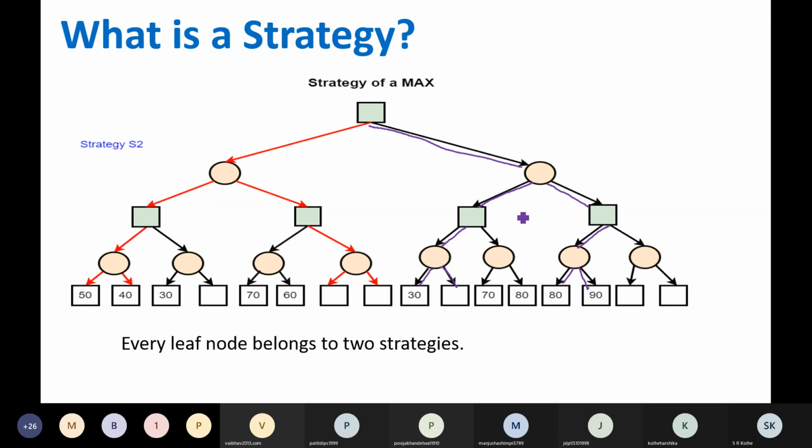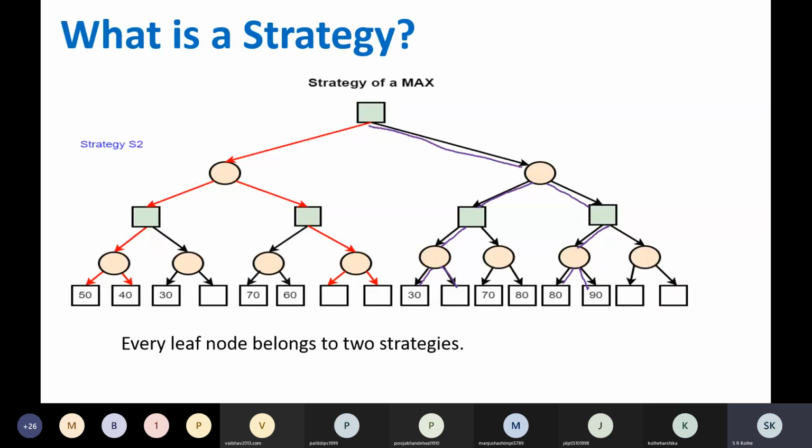Okay. S6, instead of this, for same situation, Max can select this right part. That will be S6. Then another possibility, not necessary that Max will select always this, Max can select this right also. So if that is the case, again we have two options. So that will be your S7 and this will be your S8. So in all, there will be for 4-ply game tree 8 different strategies.